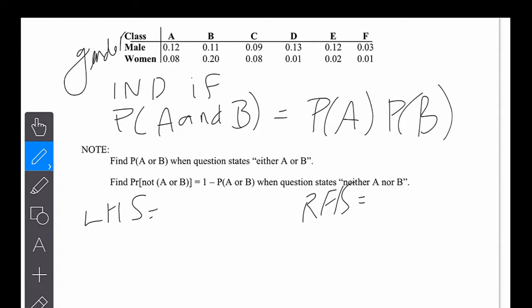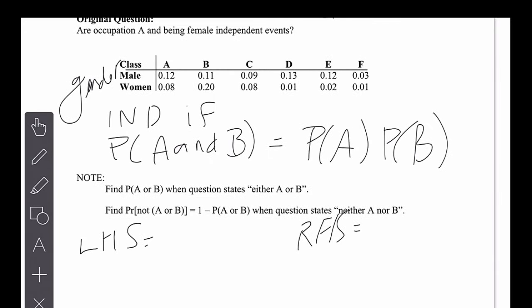So left-hand side, what is A and B? So which is the event, as I described before, A and B? A and B, for us, would be for the problem. Let me move it down so you can remember the problem. A and female. So woman would be this. So what's the chance of being a female? So that puts you along this row and A. That's this one here. So let me put it in words here. So being A, probability A, and being female,